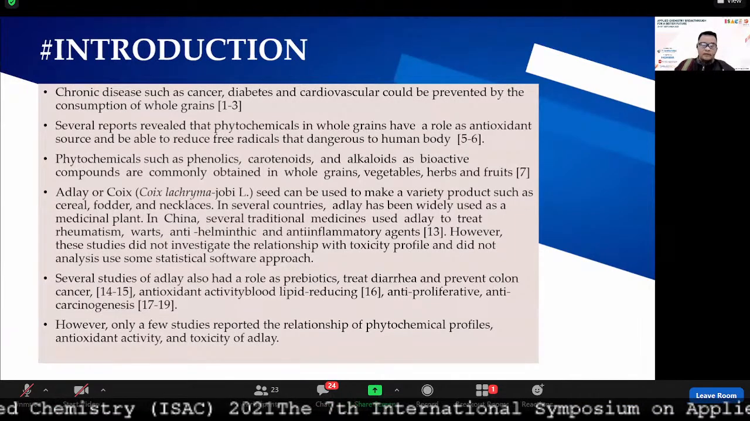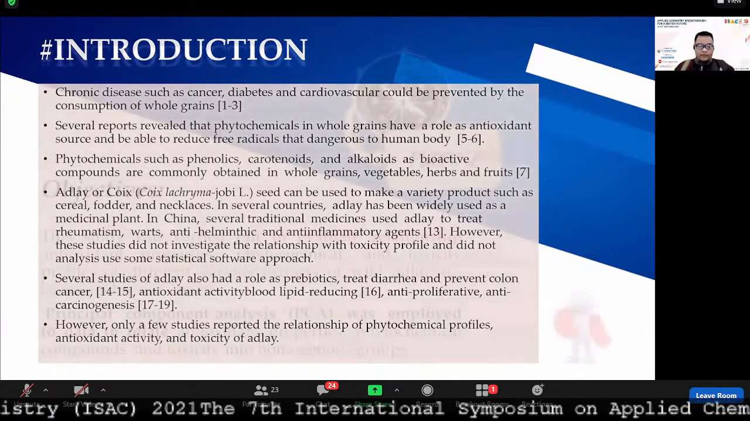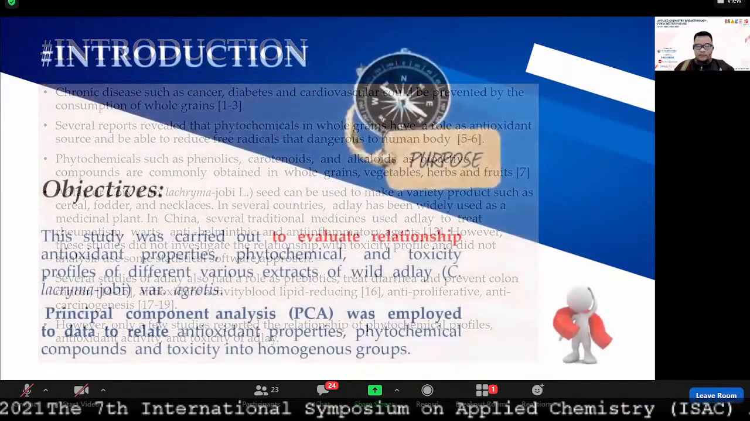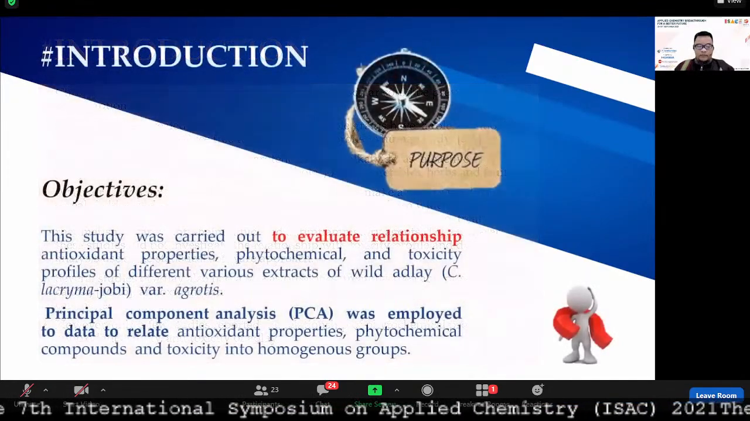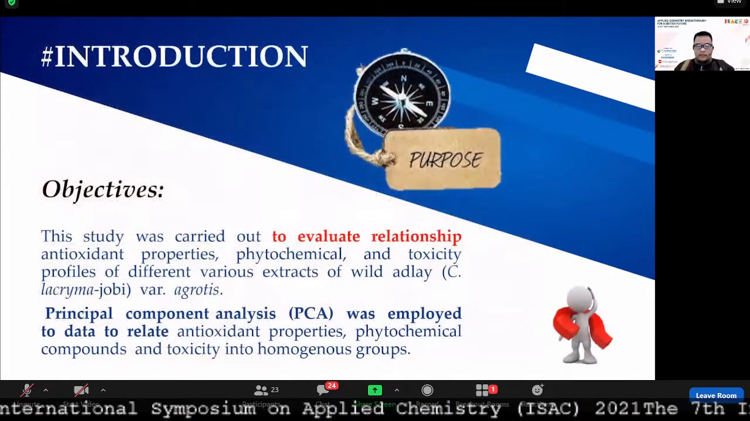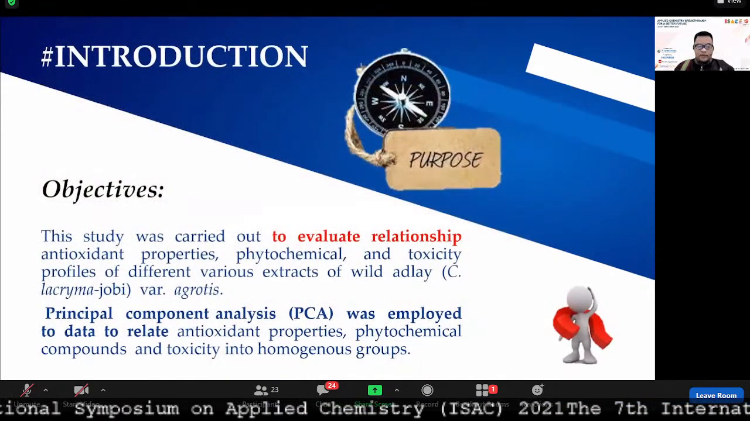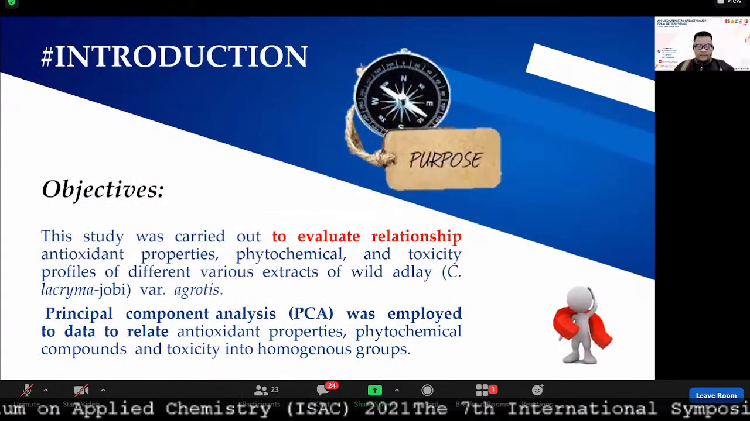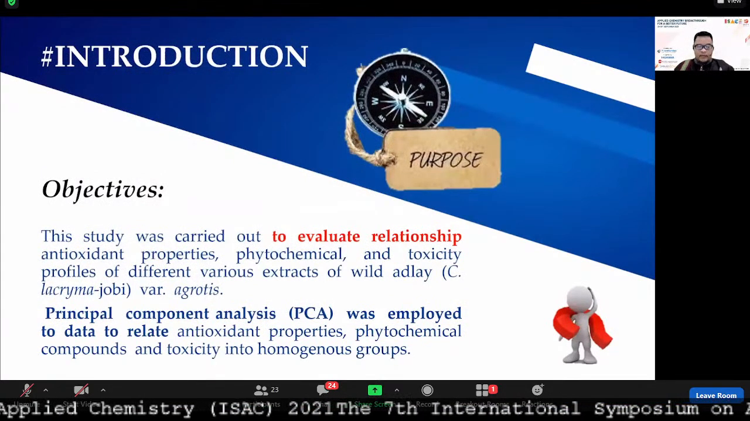So, you can see that the objective of this study was to evaluate the relationship of antioxidant properties, phytochemical, and toxicity profile of various extracts of wild adlay variety agrotis. The principal component analysis